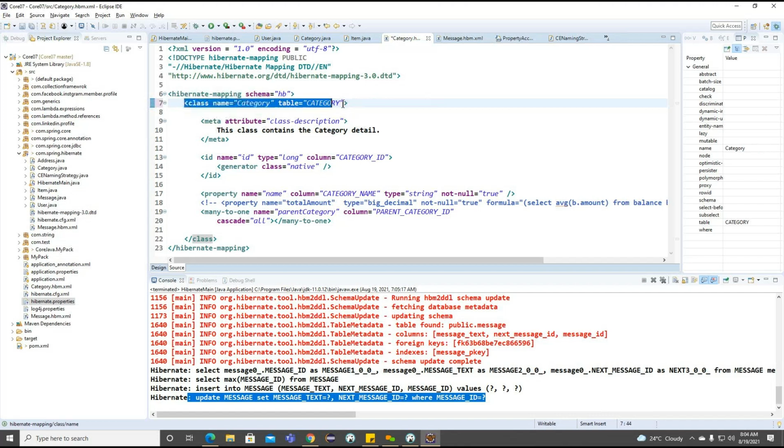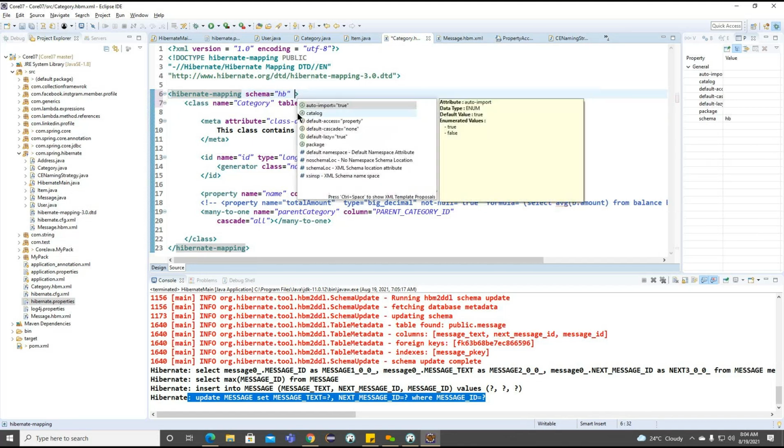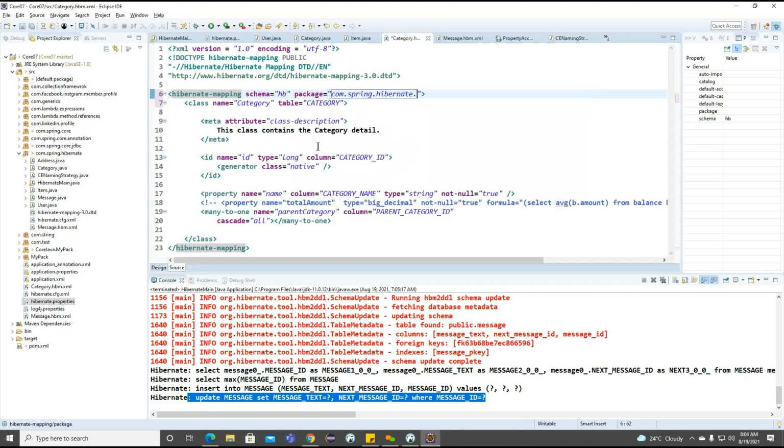But here, instead of defining this on the class, we have one more option. We can go for the Hibernate mapping level. So what is the package here? Now we can see the package we are having here. With the help of this package, we can define it like this: com.spring.hibernate.